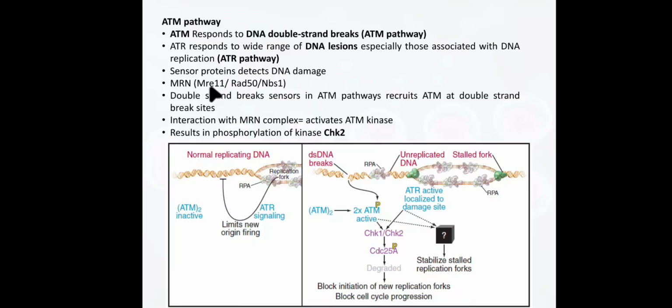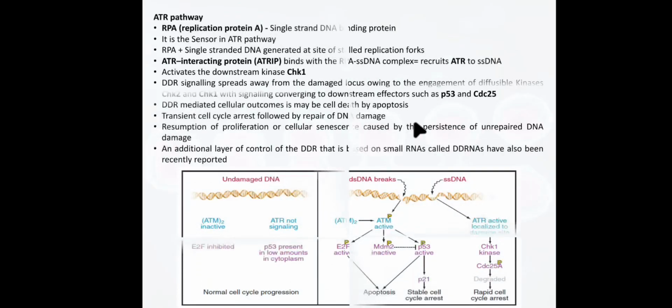ATM binds to MRN, and that ATM binding activates the downstream kinase, that is CHK2. It results in phosphorylation of the kinase CHK2. Then it moves to the effector P53, and the outcome will be checkpoint arrest. This is the ATM pathway. The ATR pathway, in other context, responds to DNA damage, that is single stranded breaks,